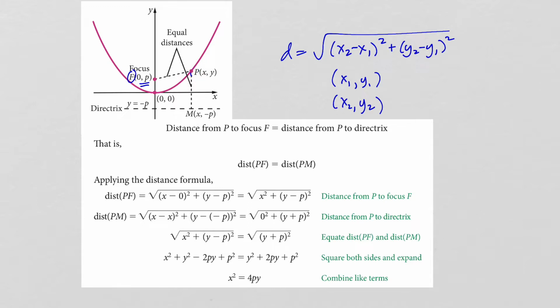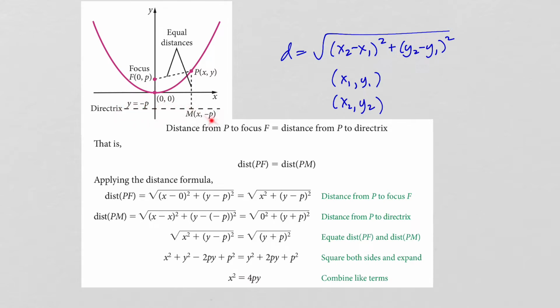Now again, point P is represented by the coordinates x and y. Point M is a point on the directrix. Now we know the x-coordinate for point M will be the same as the x-coordinate for point P, and the y-coordinate is negative p, okay? And that's because we know the directrix is the same distance away from the vertex as the focus. If the focus has coordinates (0, p), the directrix has to be p units on the other side. So we know that this is y equals negative p,